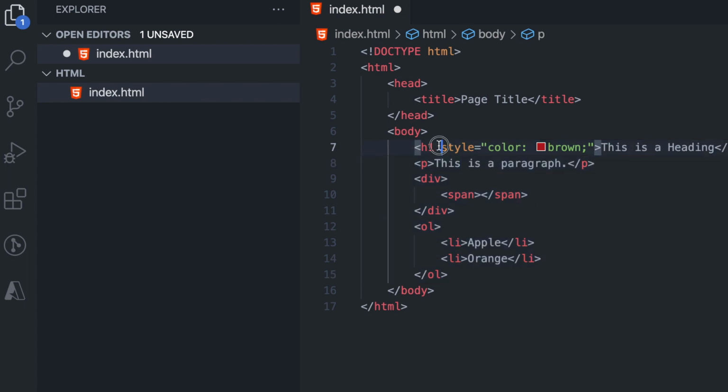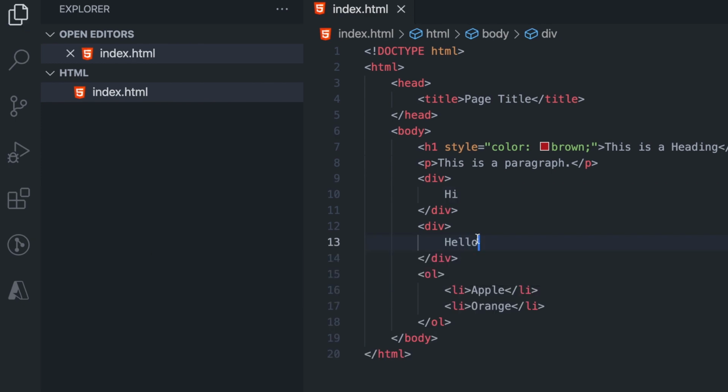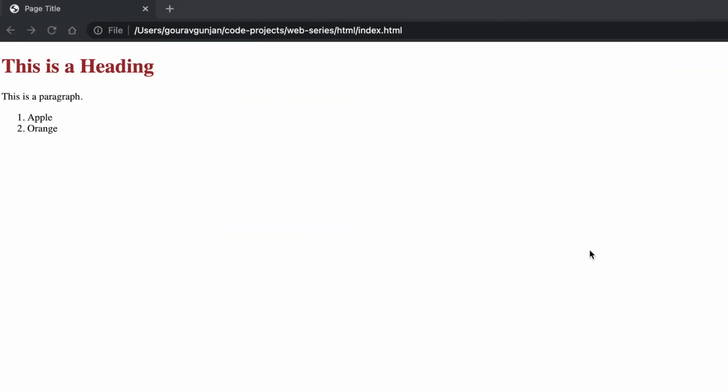So I have added a style here. There is a lot of styling which will go in another video about CSS. Div is division. Writing multiple divisions basically divides the application into smaller pieces. So we write hi, and you will see that hi and hello are printed in a different kind of paragraph